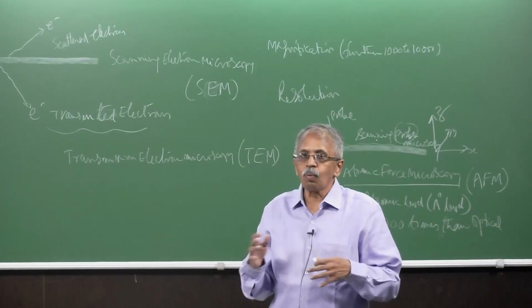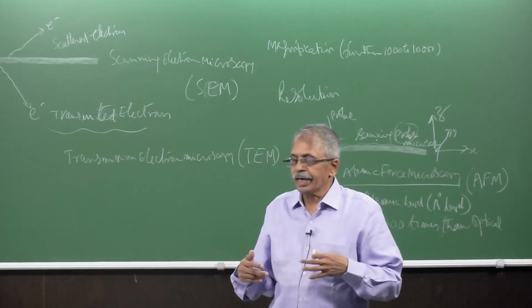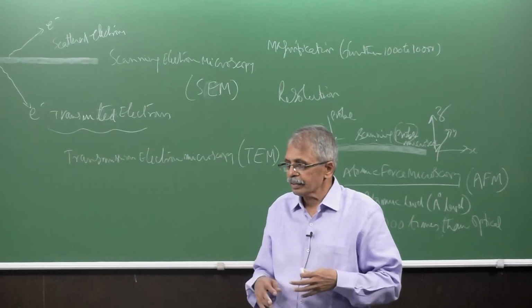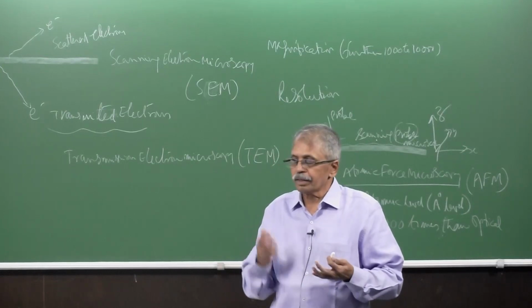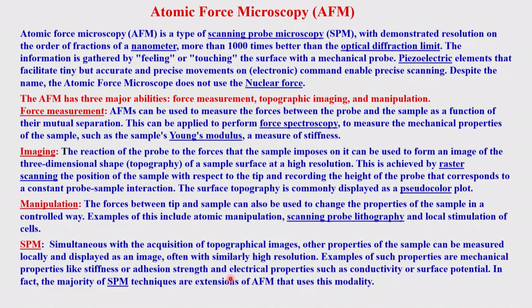The people who are working in conducting physics and conducting materials use the conductivity. And people working on the mechanical side will use the adhesion properties, stiffness properties, etc. And the physicists, chemists, and biologists will use it for their molecules and systems to probe. So it's a big basket of techniques. These overall techniques are called scanning probe microscopy, of which atomic force microscopy is one such technique which uses the